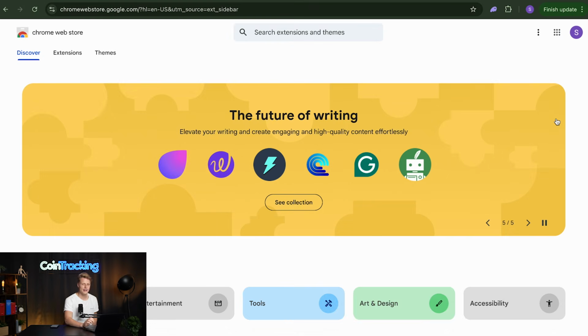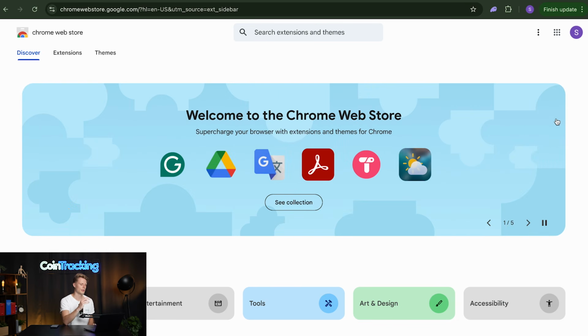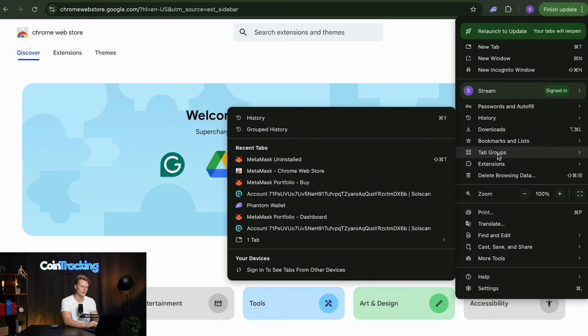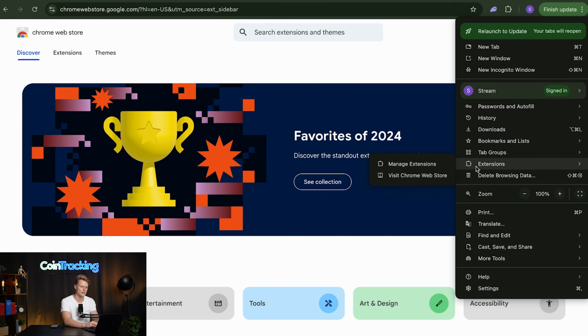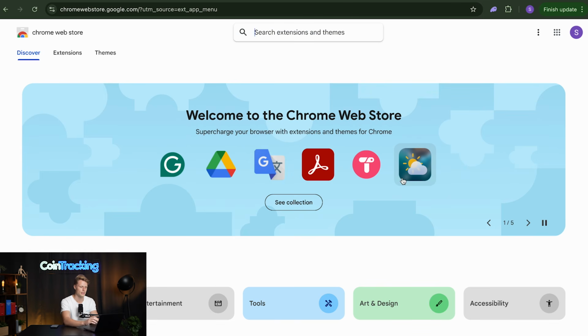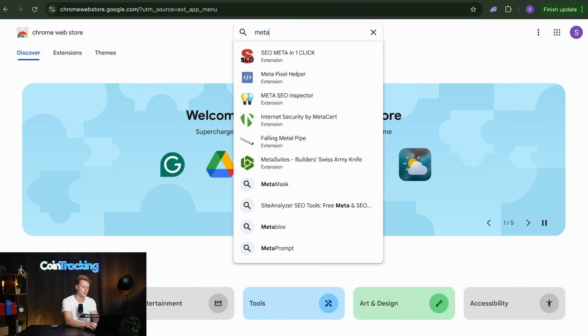All right, let's dive into our computer here on the left side, and for this purpose we're going to use the Chrome browser on our computer because it's a very popular browser many people use. And all we have to do is go to the Chrome web browser store. You can find that if you are in the settings section and then extensions, and then click visit Chrome web store. Then you will land on the same page I am right now. And on the top, you will search for MetaMask